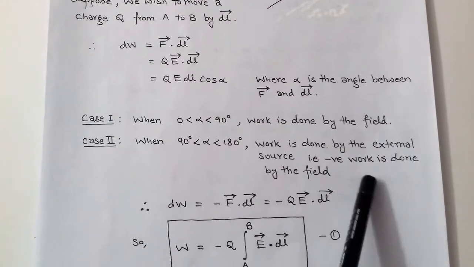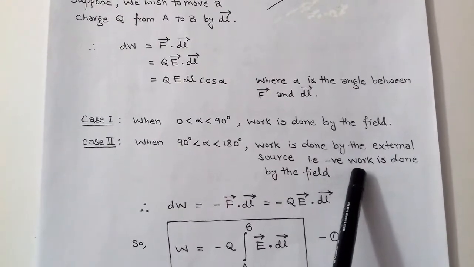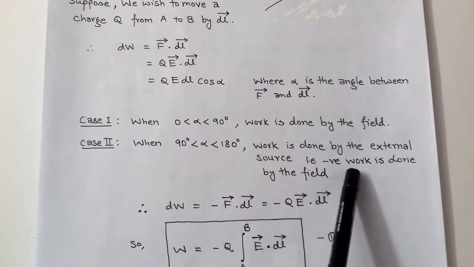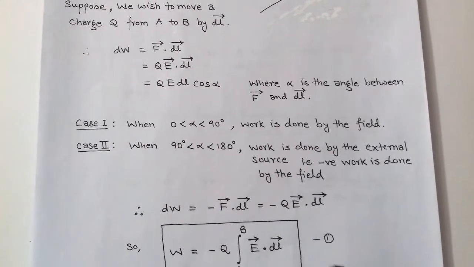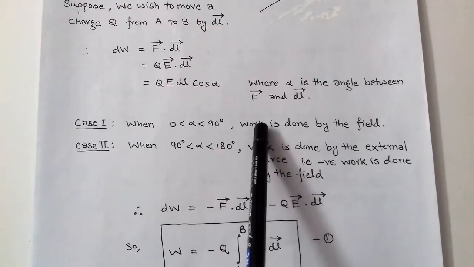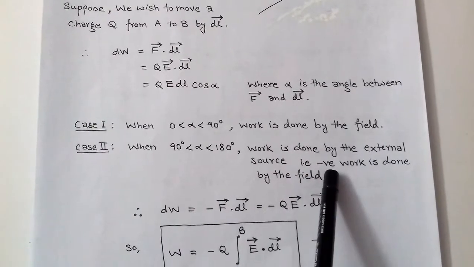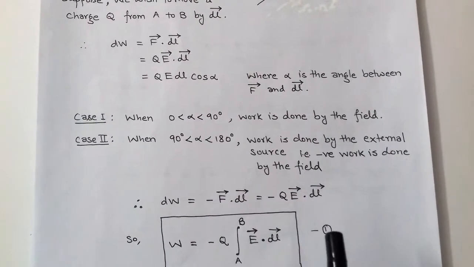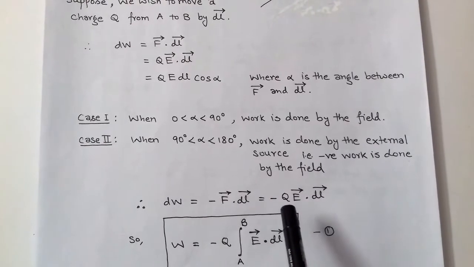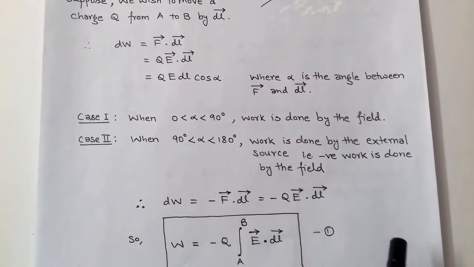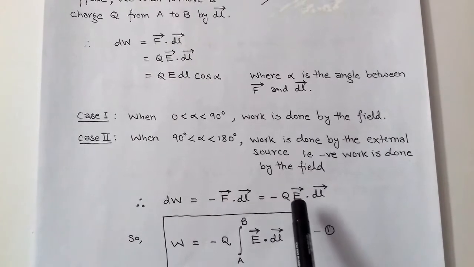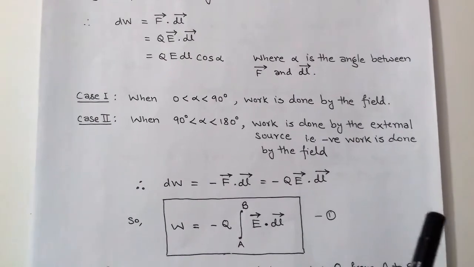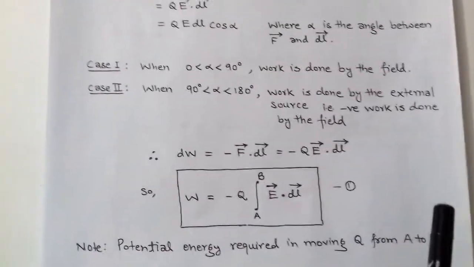Here the minus sign means the work is done by the external source, or you can say that negative work is done by the field. In case 1, positive work is done by the field. In the second case, negative work is done by the field, that is against the field. So dW is equal to minus F dot dl, and force F is equal to Q into E, so it is minus QE dot dl vector. So this is a small work done dW,